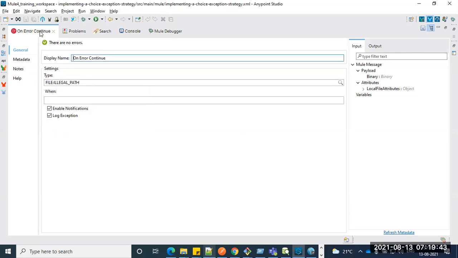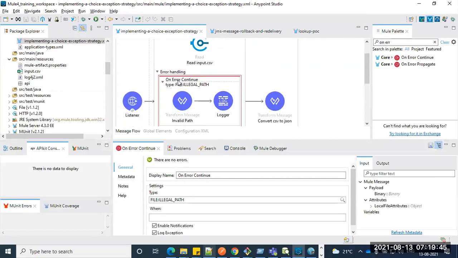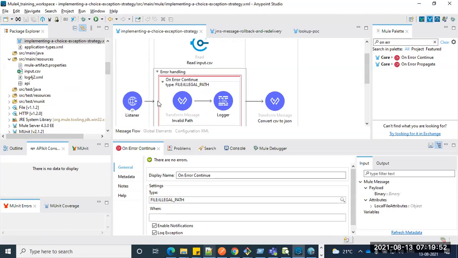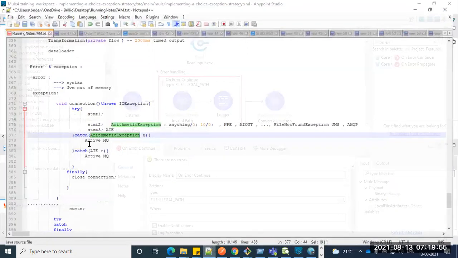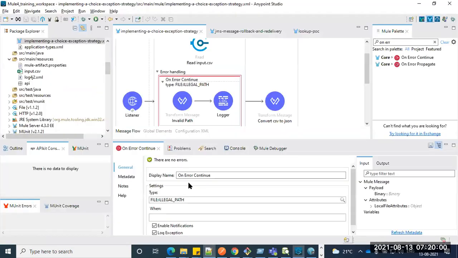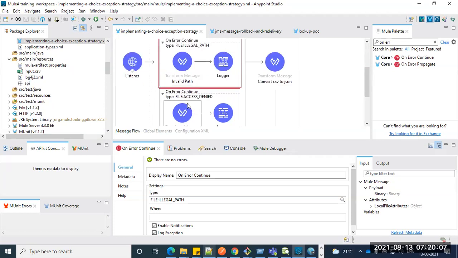Okay. So once we get inside, obviously if something goes wrong in your flow, based on the error type, it will jump into the appropriate catch block, which is nothing but a class name. So here as well, based on that error type, it will go to the appropriate error type. For example, if your file gets access denied, you don't have the read, write, modify permissions or full control on the file, then it will go to the file access denied.